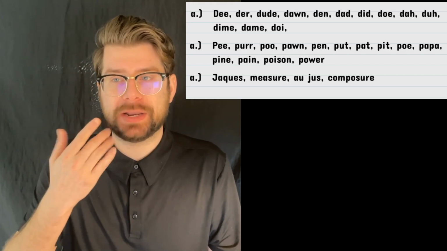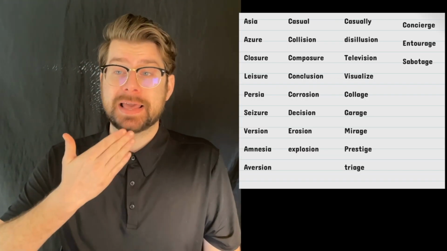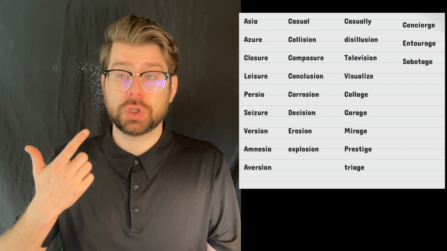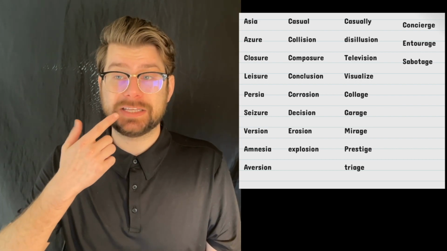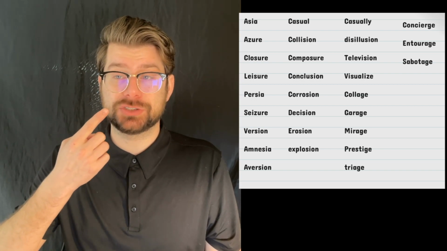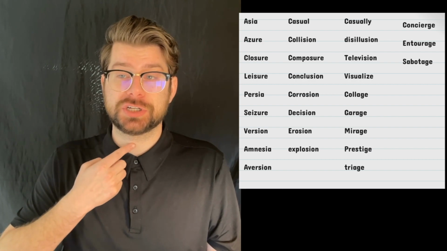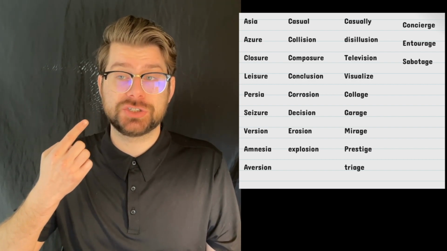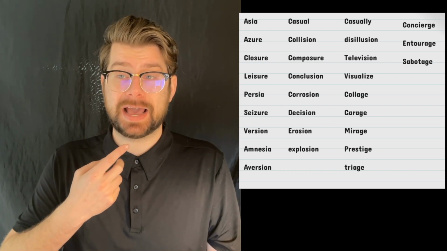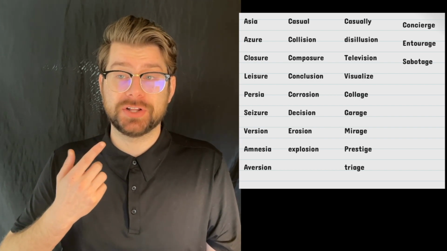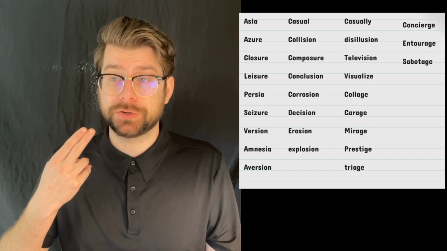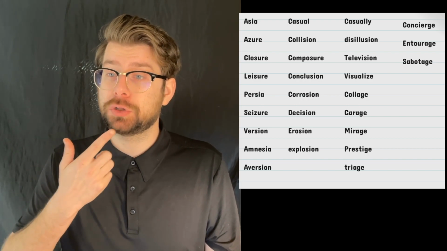So now we have so many words with zh. We have Asia, azure, closure, leisure, Persia, seizure, version, amnesia, aversion, casual, collision, composure, conclusion or conclusion,